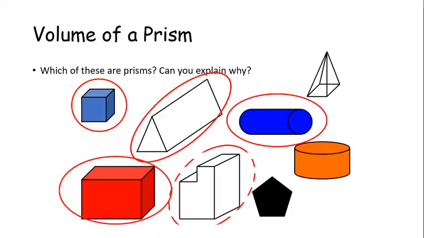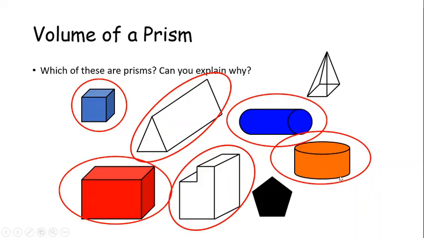These shapes are the prisms. Now, a prism is a 3D object with two identical ends and flat sides. So if we look at this, these ends here of these cylinders, they're identical and they're both flat. So here we have a circle on this end, and if we elongated that circle, we'd have a circle on